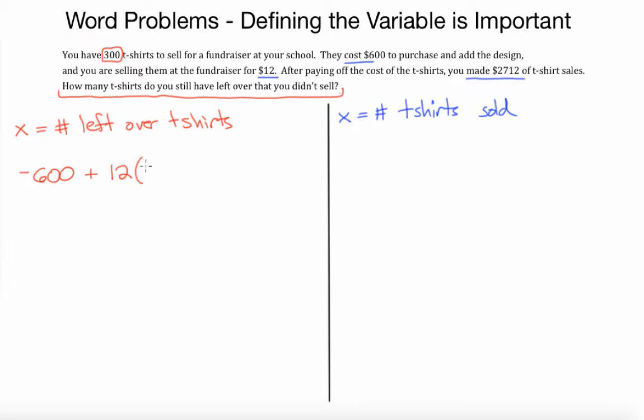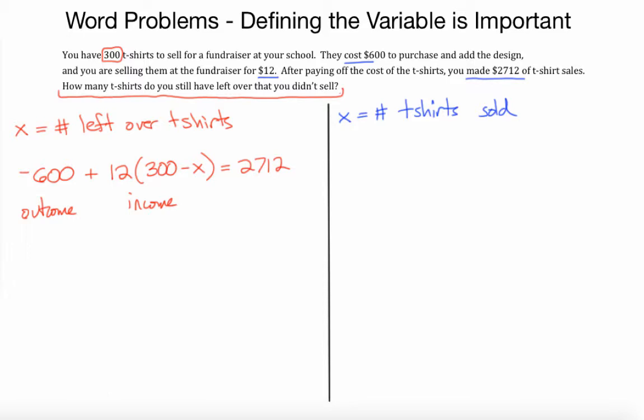So if I subtract the leftover t-shirts from 300, that must have been the number I sold. So there we go. We got money spent, that's outcome, and then we've got income. And all together, the outcome and income, my net effect is that I made